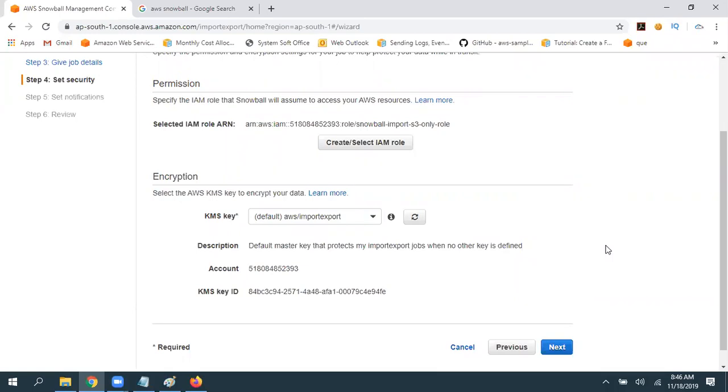If you are in USA, like UPS, United Parcel Service is going to ship that. If you are in India, like a DHL is going to ship that. So you may suspect they may connect this device somewhere and they may get all the data. So when you enable KMS, they cannot view the data as data is completely encrypted. And again, we are going to get a file and unlock code. If you have that, then only you can unlock the device.